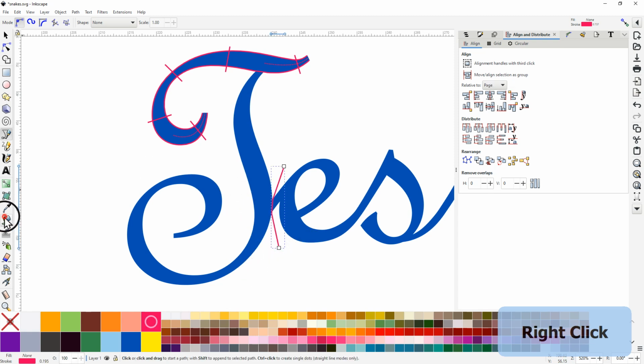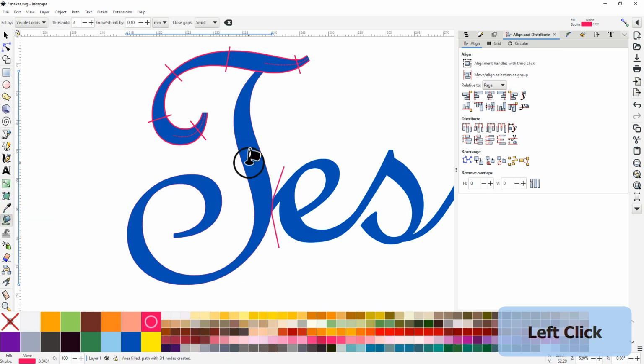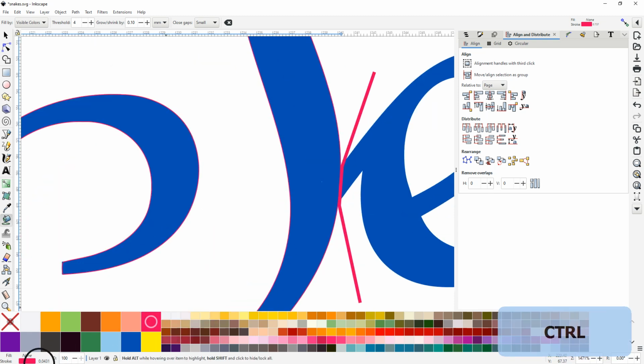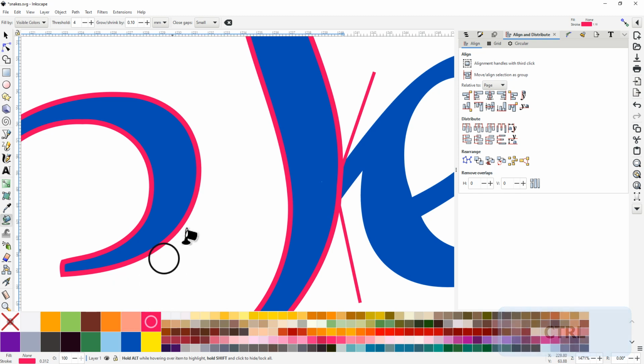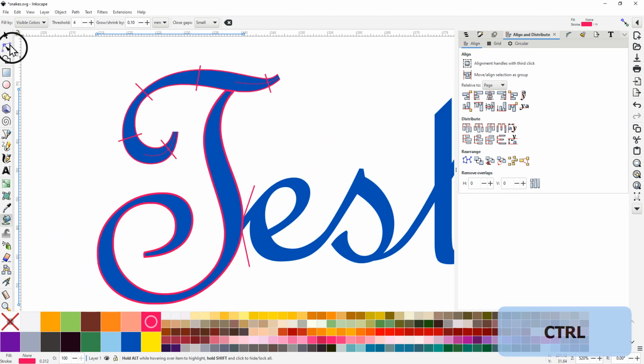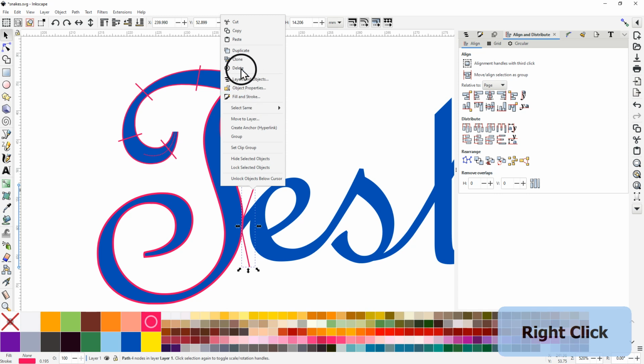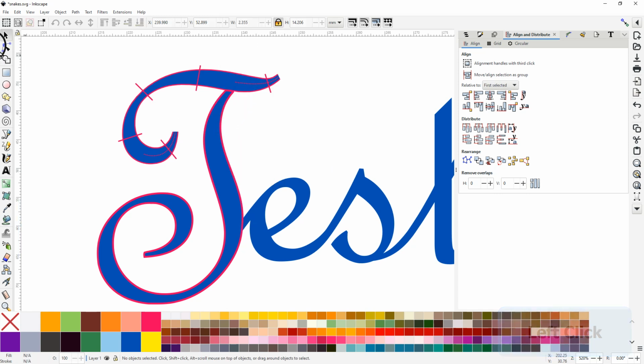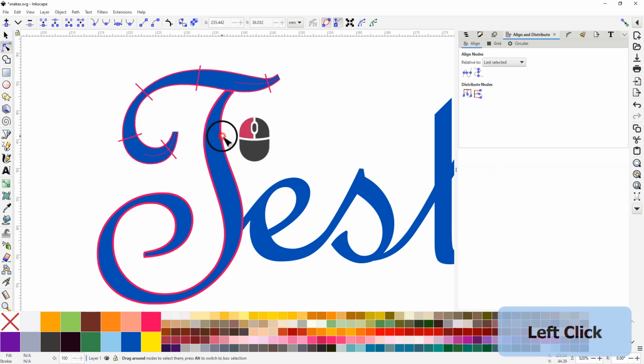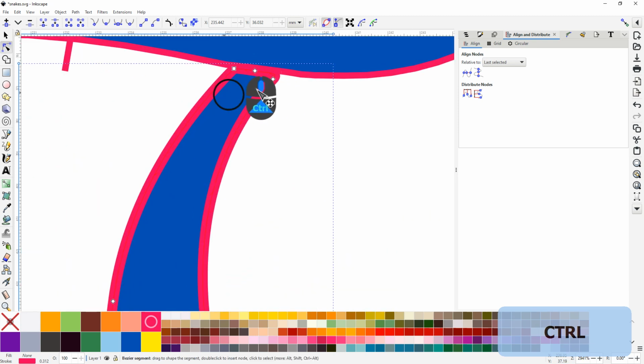And now we can go back to the paint bucket, and with one single click, we have our outline. We can select this little line and delete it. Now we go to node select, zoom in a little bit on the end here, and delete the node, delete the segment,